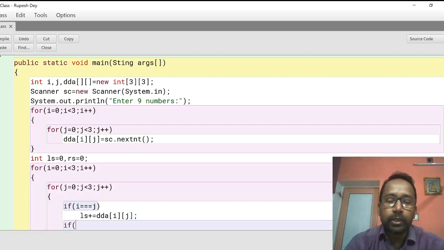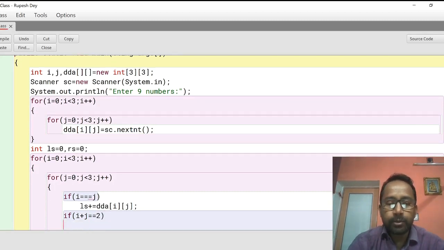And then how to find out the right diagonal elements? See in your double dimension array which you have drawn in your copy, all the right diagonal elements have a row index and column index whose sum gives the last index of the double dimension array. And our double dimension array is a square array, that's why the last row index and last column index are the same. So here I am writing if row index plus column index gives the last index, that is 2, then with this i and j we will get the element, that is the right diagonal elements.